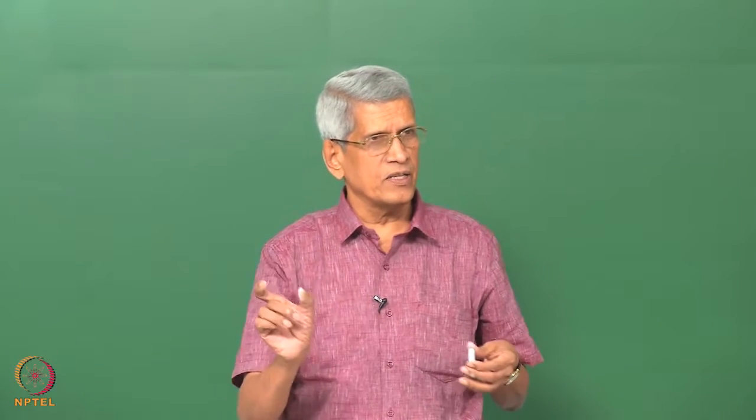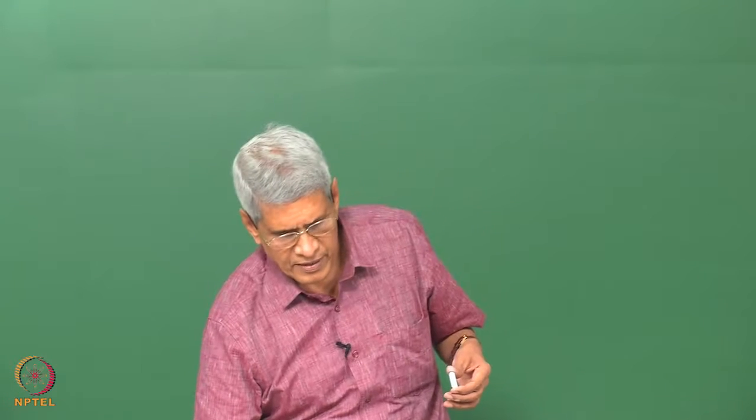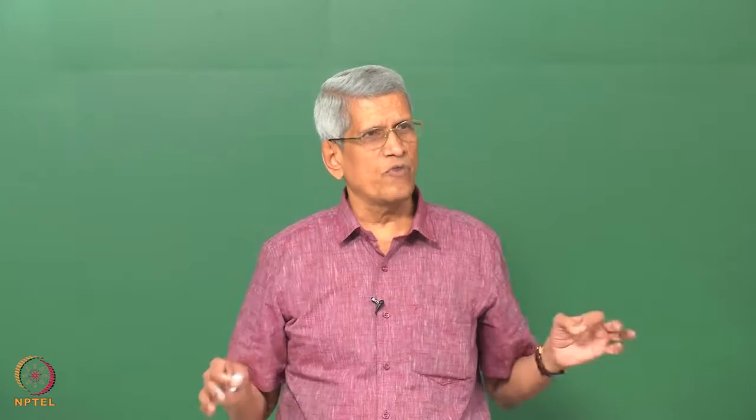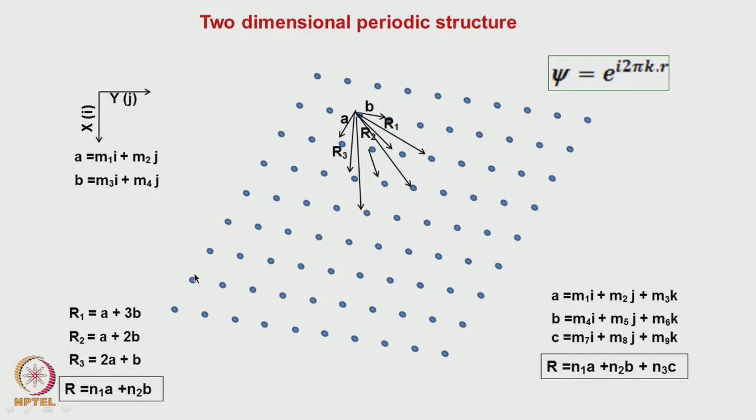Otherwise, in the direct lattice, when the crest goes from one to the other, it will be the distance r2 in this case. But when we express it as a wave, mathematically it is only the k which represents the wave, and a represents the scattering from the interaction, the strength of the radiation, correct. These are the two factors which define the radiation which is entering. Exactly that same thing is what we are doing here also.